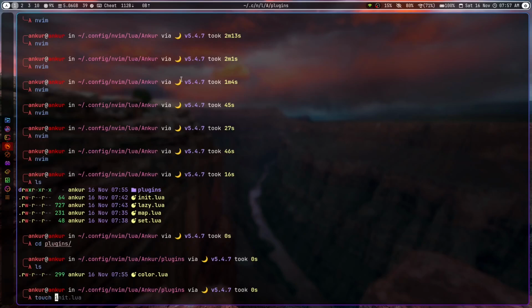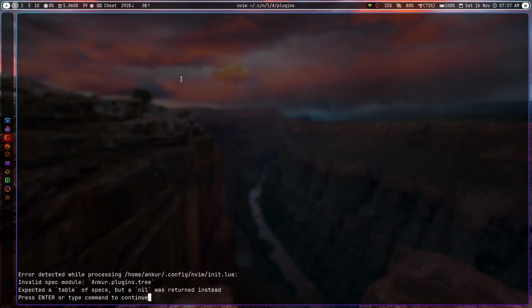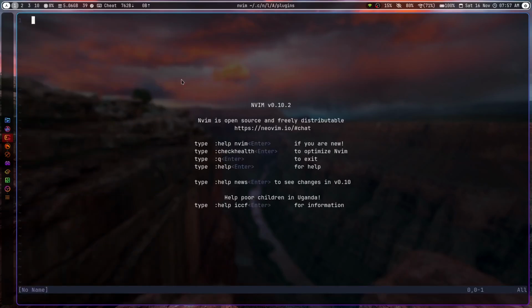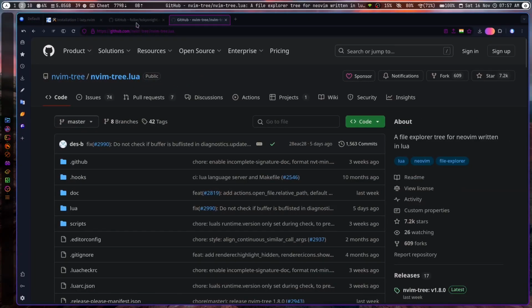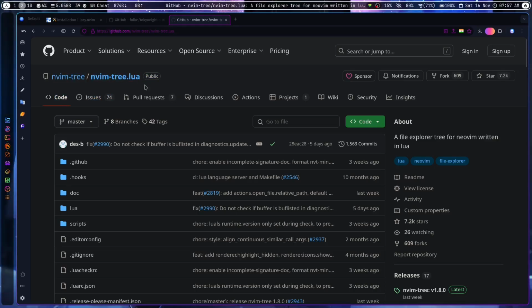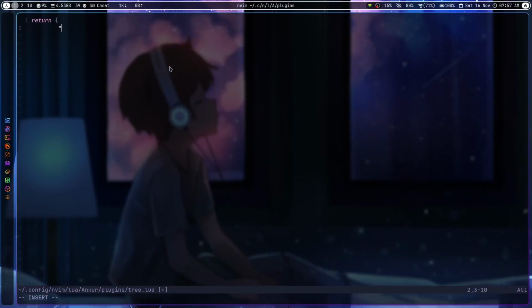So I would make another file named tree.lua, and then obviously I haven't written anything, so it will show me an error. So now I would type return, and then I would write the name of that thing. Here you can see, I will copy this simply from nvim3 /nvim3.lua. So I will just write it